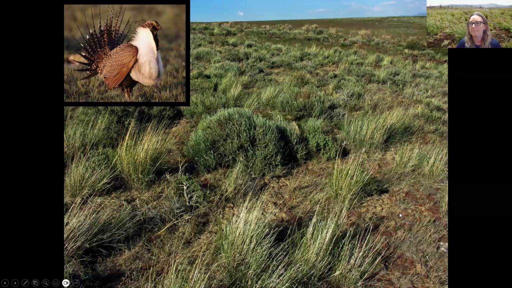So, this photo is showing what I would consider to be good condition habitat quality for sage grouse. And this is a really nice area of sagebrush. And the things that I'm looking at in this photo that lead me to think it's in good condition are,